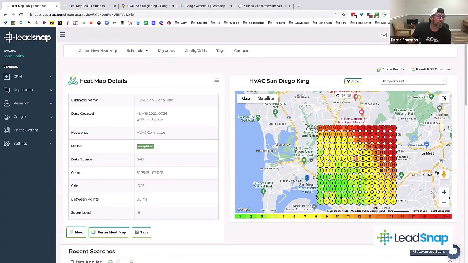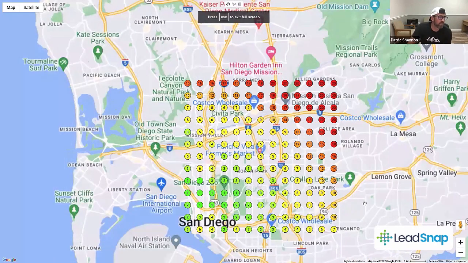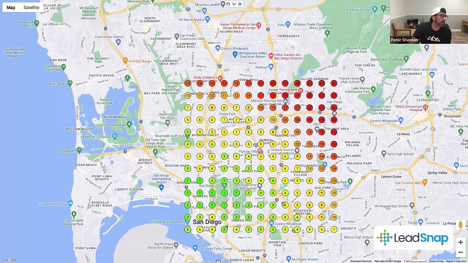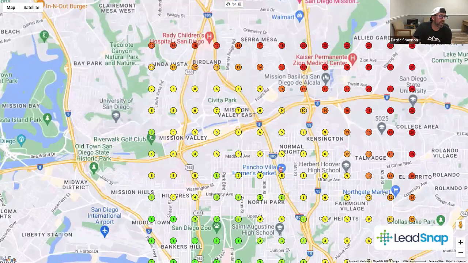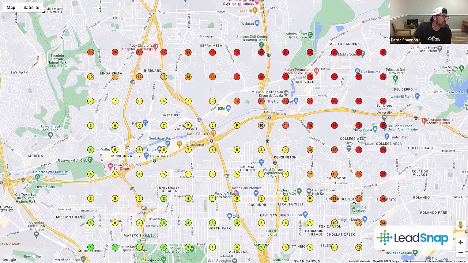I really like zooming into the map. And here's why: this map right here that you guys see that we built the heat map on top of, this is Google Maps that we build it on top of. And this is where we're trying to rank our Google My Business. And these ones that are larger and larger print are Google saying the areas that they think are more prominent